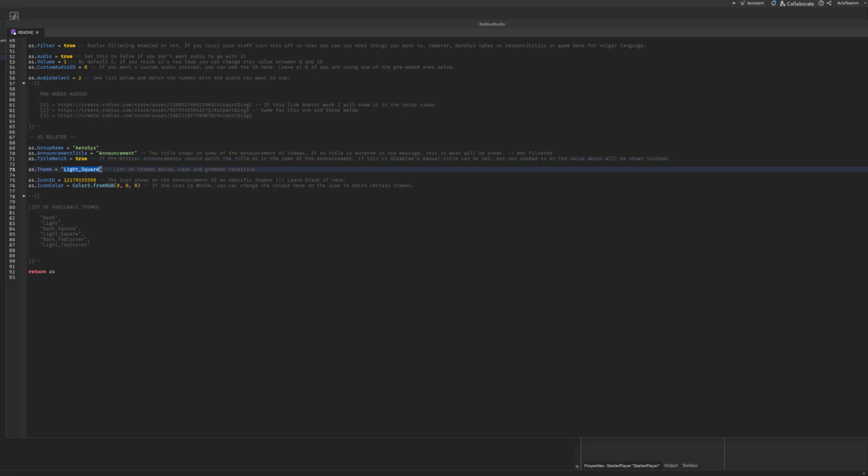as.theme. This one is important not to get wrong, because if you, for example, spell square wrong, the system will not work. And the list of themes is down here. This may be longer or shorter, depending on when you're watching this. But right now, list of available themes is dark, light, dark square, light square, dark underscore top corner, light underscore top corner. If you're not entirely sure how to write it, you can always double click here and it will select what's in between